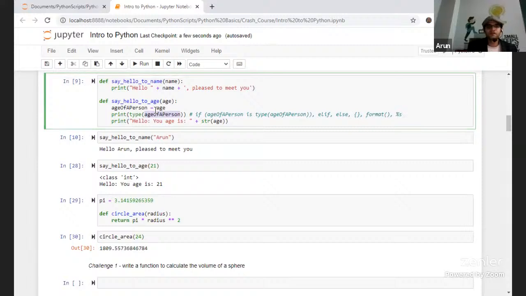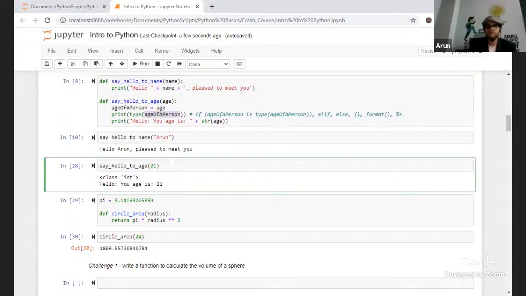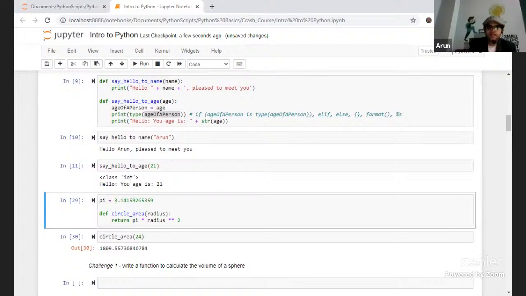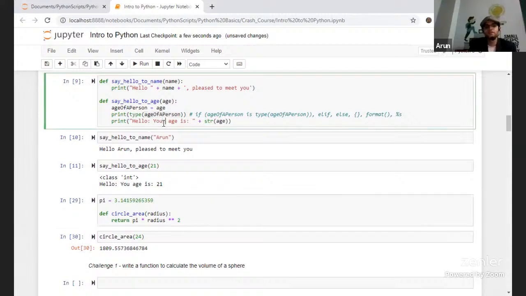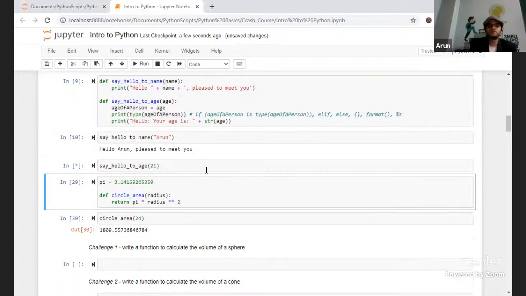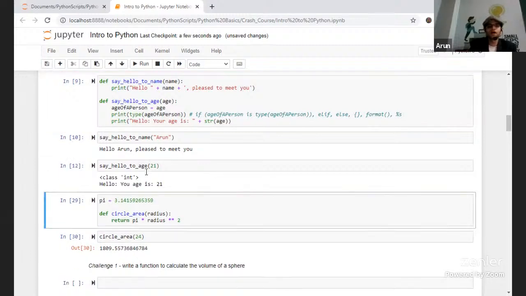If I directly print the type, it will tell you that the value is an integer. But at the same time, it is also going to say, hello, your age is 21. So if I now execute it again, it will come as you are.